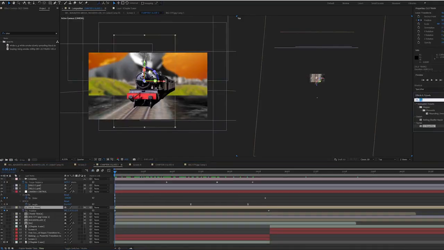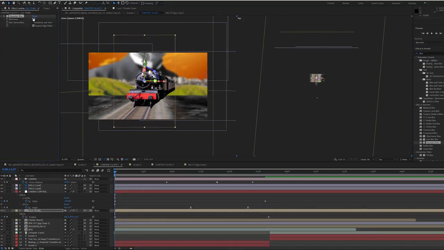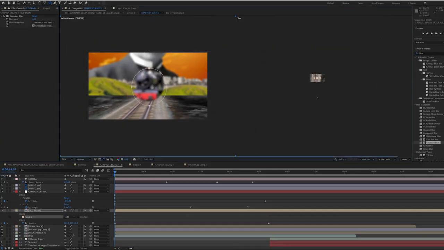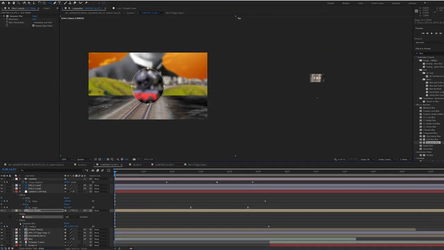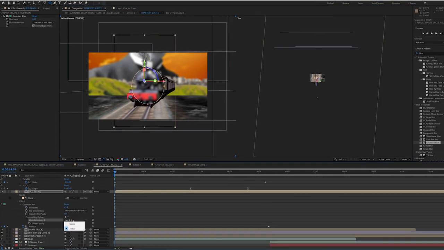So I'm going to go to Gaussian blur, drag that on my old train comp. I'm going to whack up the blurriness. Don't worry, it's going to look a bit crazy now, but we'll fix it all up. So I'm going to get my mask layer, turn it to an ellipse, and mask around my train layer. Then I'm going to go to my effects tab, go to Gaussian blur,